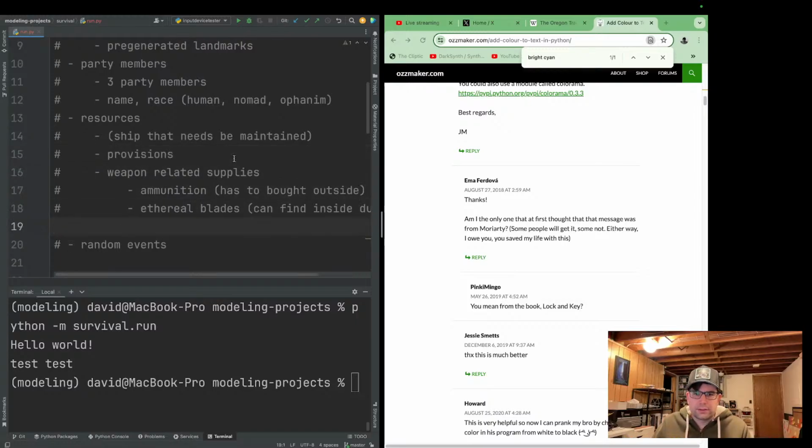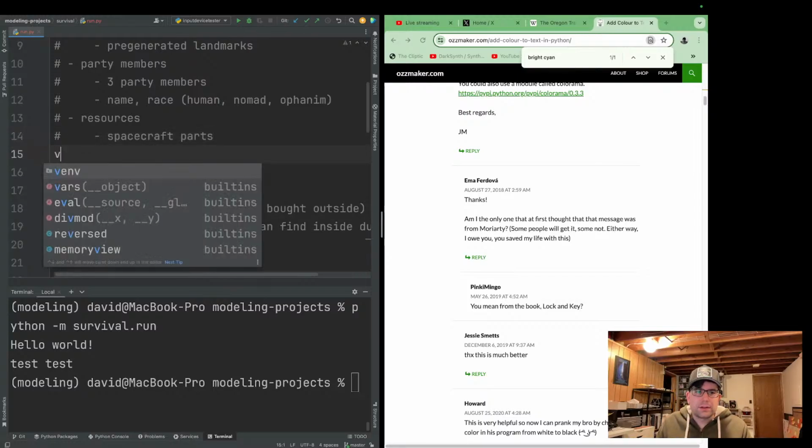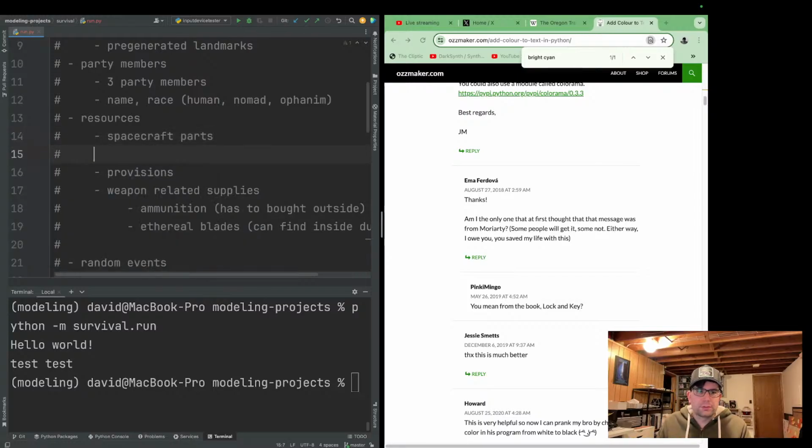For now, we could just call this one spacecraft parts or something. Maybe we can find these inside too, if other people have come in here as well.